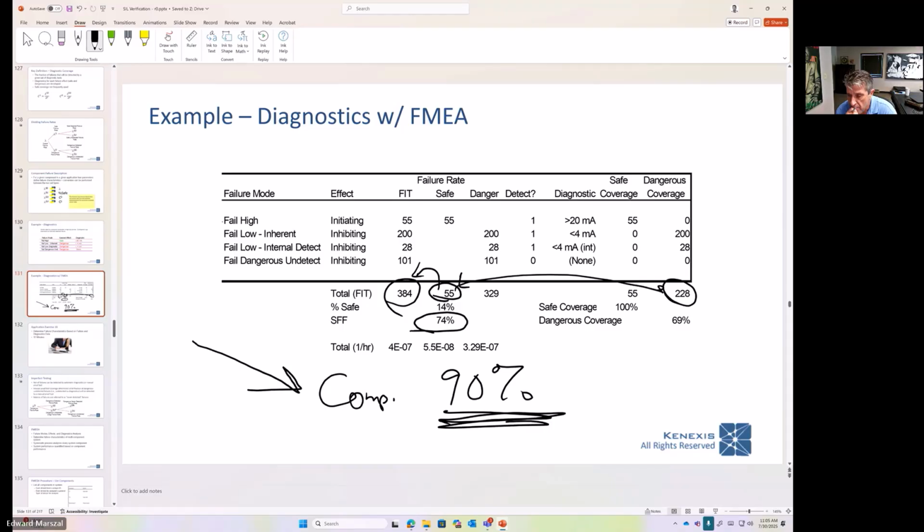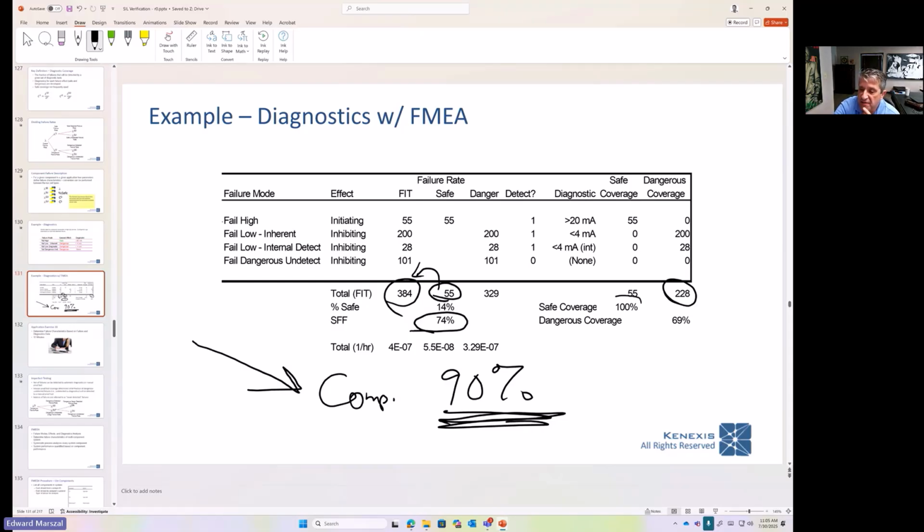Yes, I have no doubt with this. It was more related with the diagnostic. If we're talking about low, up to 60%, medium, between 60 and 90%, is that coverage the same as the dangerous coverage that you are showing here, this 69%? I guess it is. Okay. So you are not taking into account the safe failures. No, because